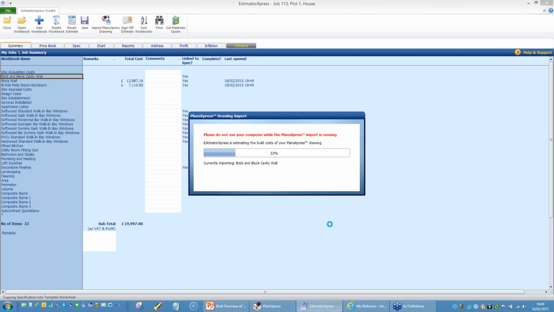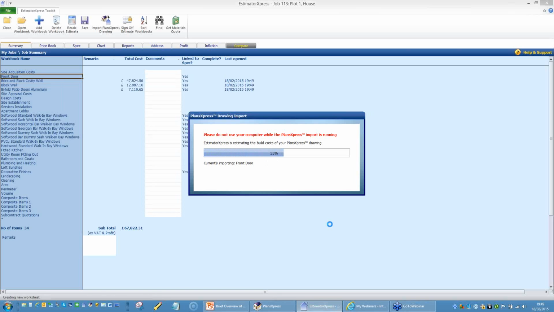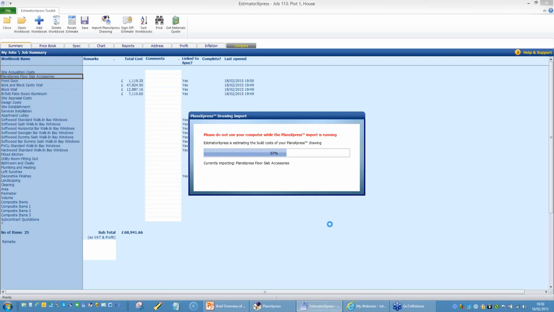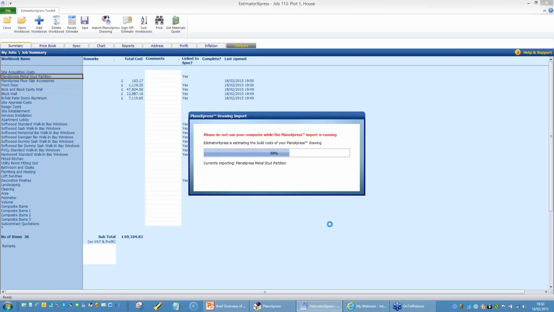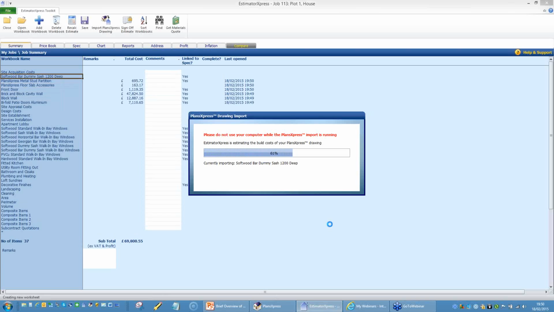So just to recap here, we did a bit of a preview, which probably took us 10 minutes. We started to do this job probably at 7:10. We're now coming up to 7:50. So it's taken us about 40 minutes to do the outline of that house and start to pull it in. So it's done a lot of work, albeit that I'm fully cognizant of the fact that it's not a real design, and the real design would obviously take a little bit longer, but it's perfectly practical to imagine that you'll be able to do a complete design in a morning or a day, depending on how much time you want to